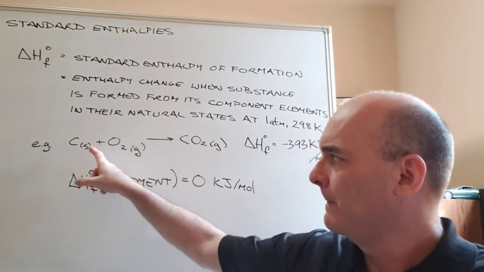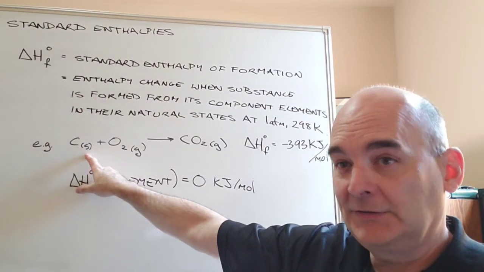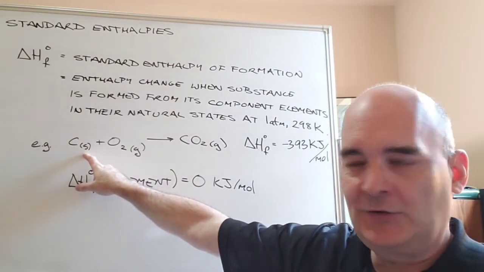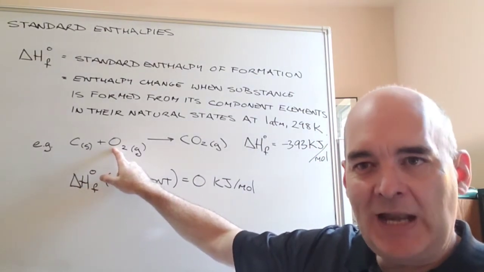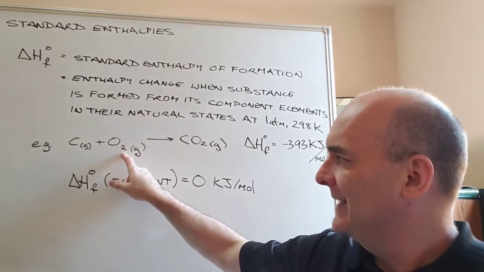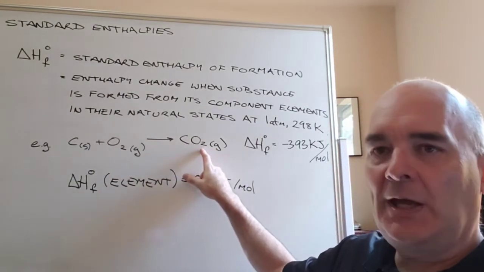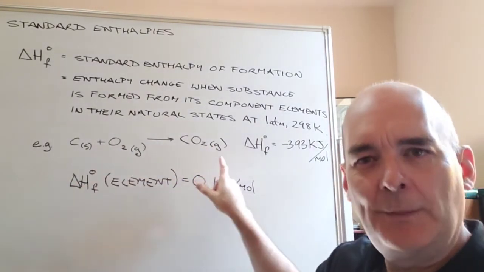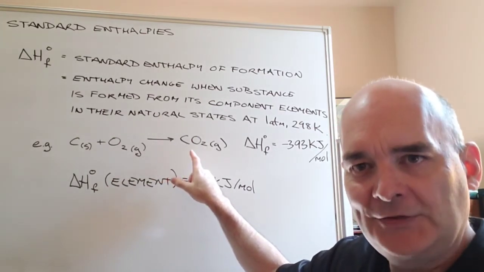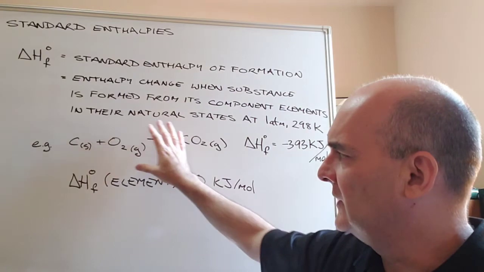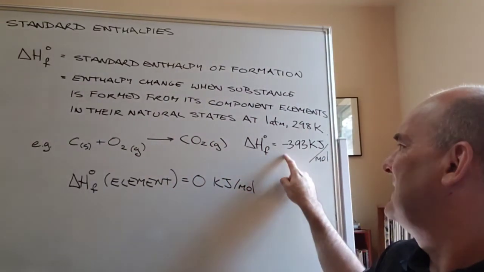So here's an example. Carbon as a solid, as graphite, that's how carbon exists in its natural form, would react with oxygen, which exists in its natural form as a gas, an O2 molecule, to make carbon dioxide gas. And we know that that's a combustion, and combustions generate heat. So this reaction will be exothermic. And it turns out that the standard enthalpy change of formation for this reaction is negative